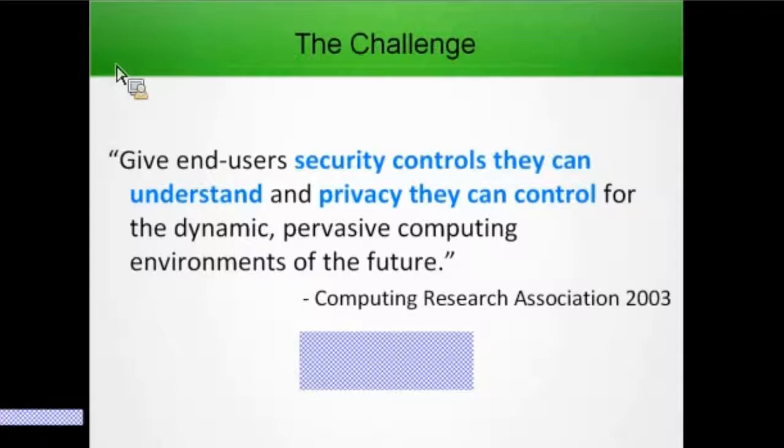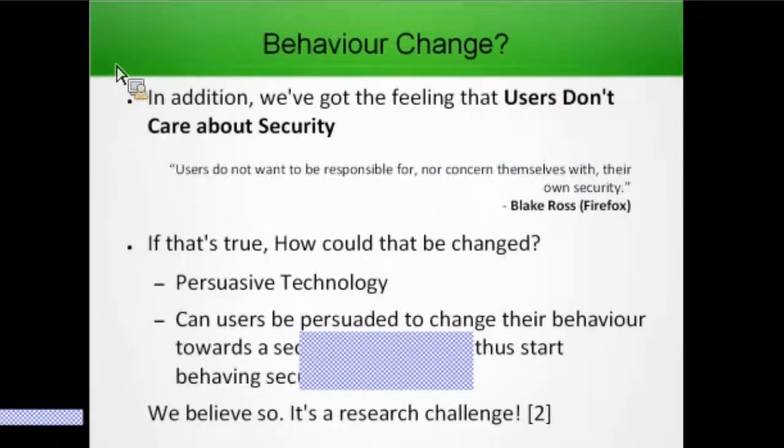So the grand challenge is giving users security controls they can understand and privacy they can control for the dynamic pervasive compute environments of the future. This kind of challenge is what we're trying to achieve. So in our group, we're going in the direction of